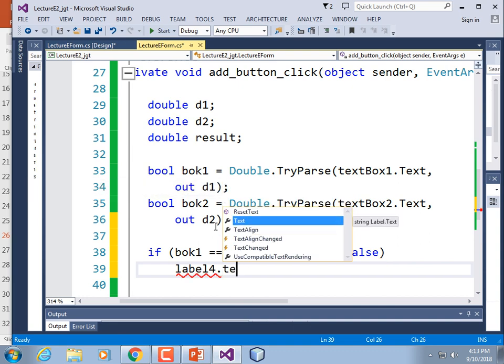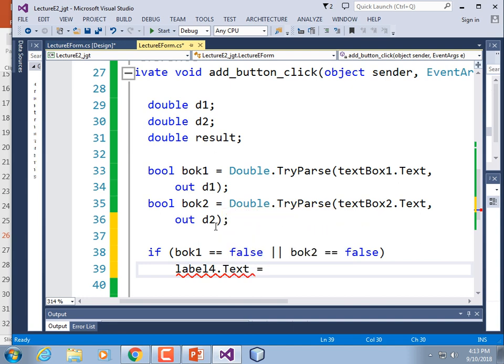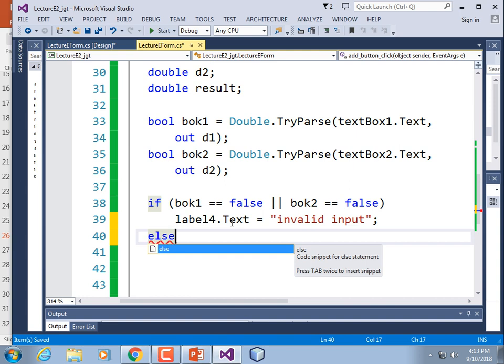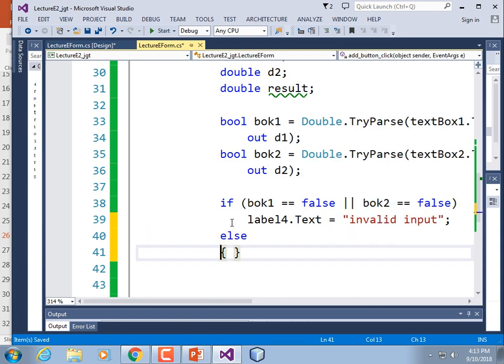Yours maybe 3.text, label 3.text equals invalid input. Else, they gave us good input. So else, curly brace,